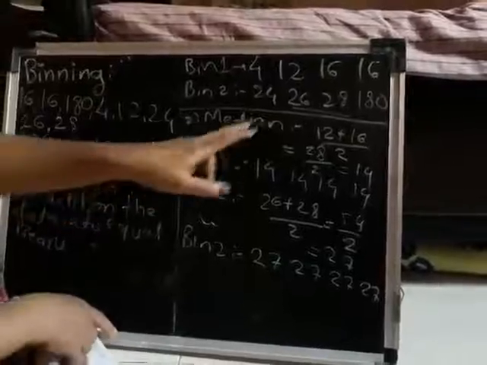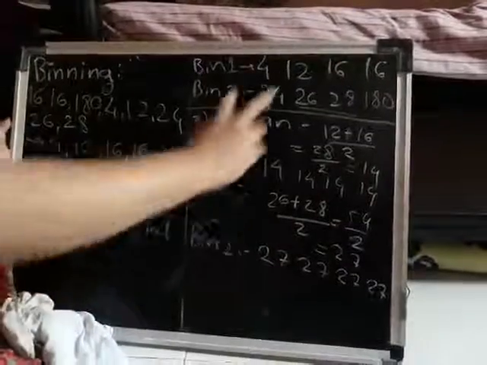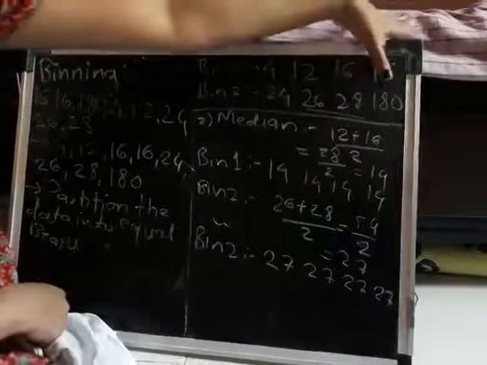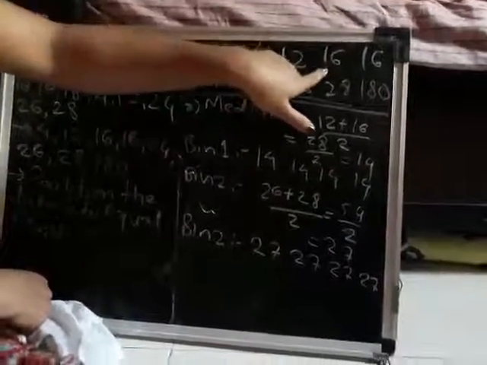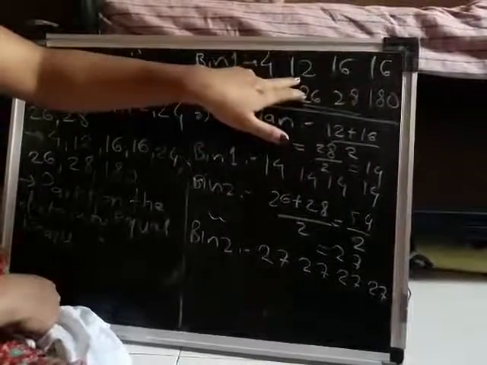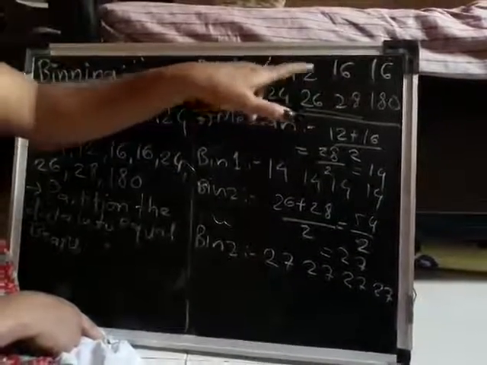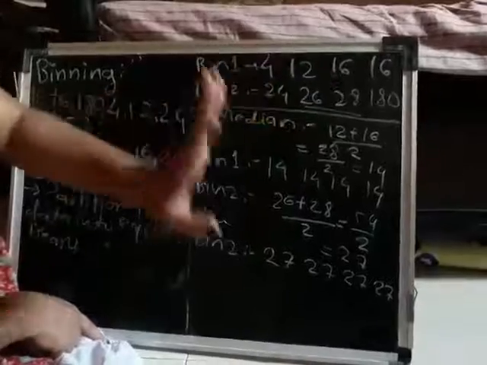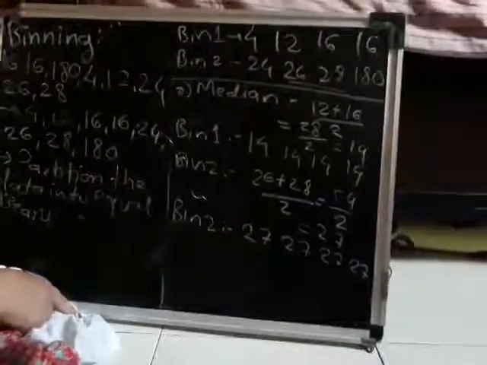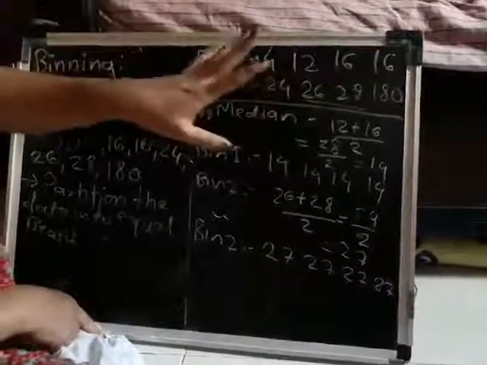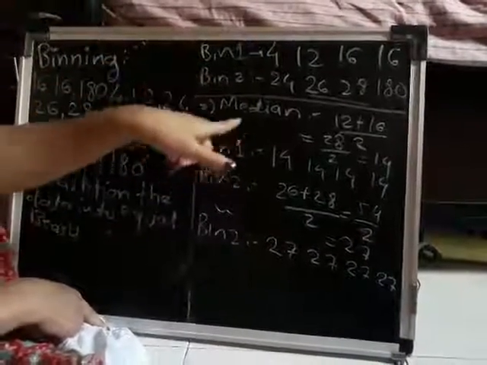How are we going to calculate the median? 12 plus 16, the two middlemost elements. Suppose I am having only 3 elements in the bin, suppose this 16 was not there, only 3 elements are there, then what will be the output? 4, 12, 16. If only these 3 values were in my bin, then 12 is the output. This is the most middle element, 12. So we will replace this by 12. So 12, 12, 12 is the answer. But here I am having two middlemost values, because there are 4 elements. If 5 numbers or 3 numbers were there, the middlemost would be only one value, and that will be the median. Got it?